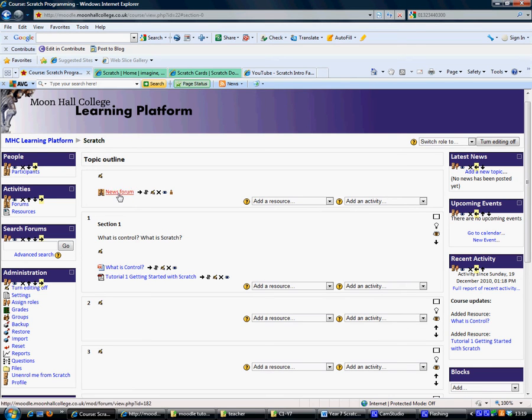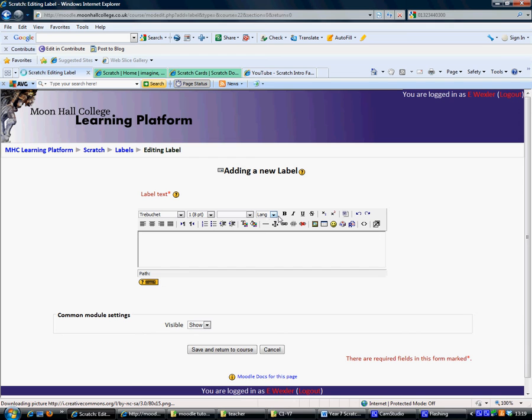So I've got this section here called News Forum. To be honest, I've not found the news forums that useful in terms of adding news items, but you can add anything you like up here. So I'm going to show you how to add a video here. I'm going to click on Add a Resource and Insert a Label, and I get to the settings page